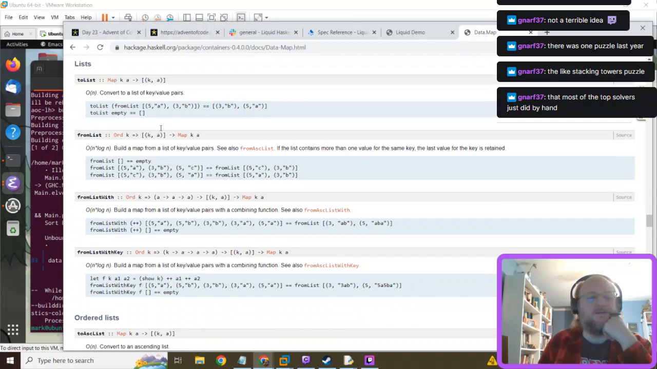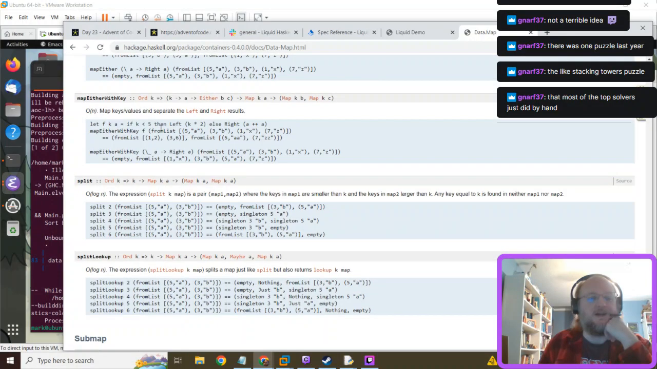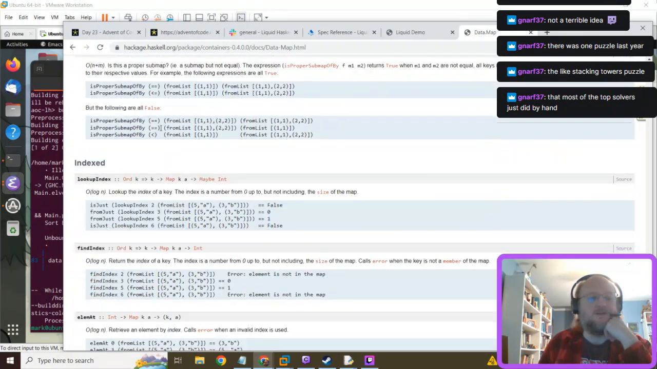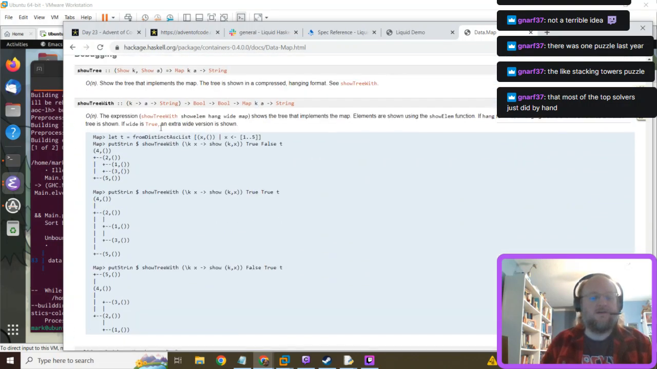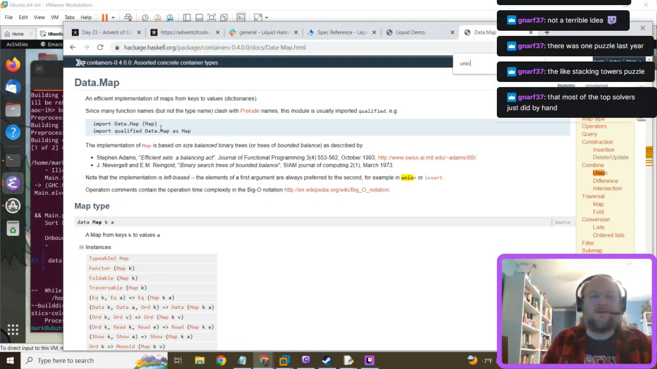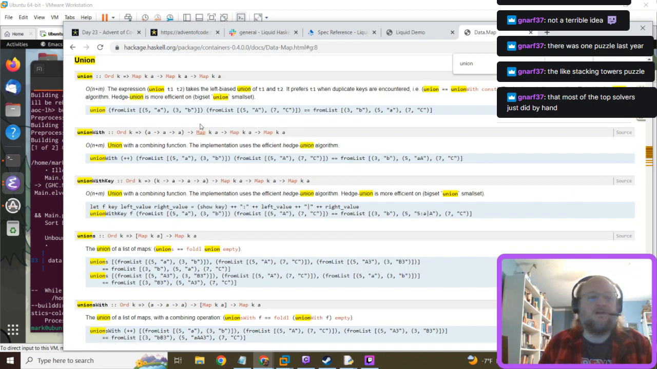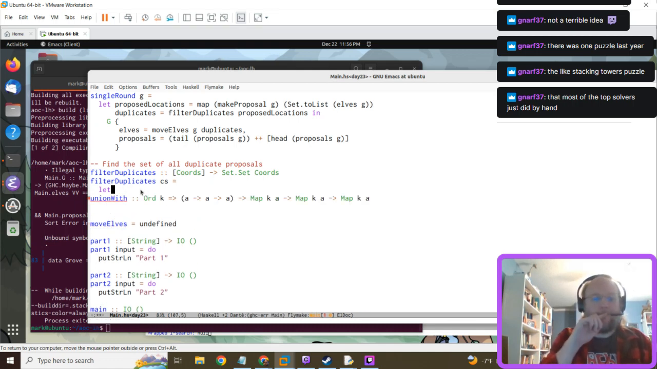No, so what I want to do is take two maps and specify how they get merged. So there's a union with the combining function. Yes, thank you. Okay, so let originals